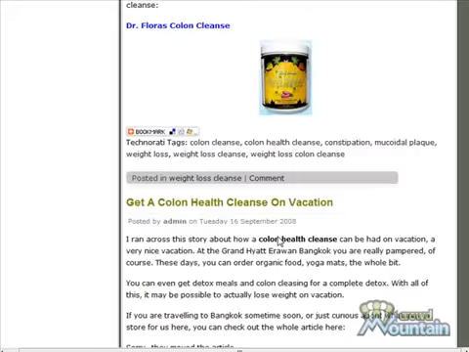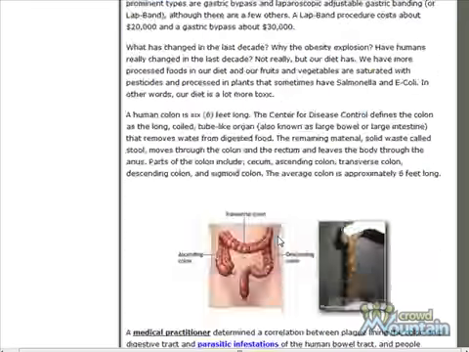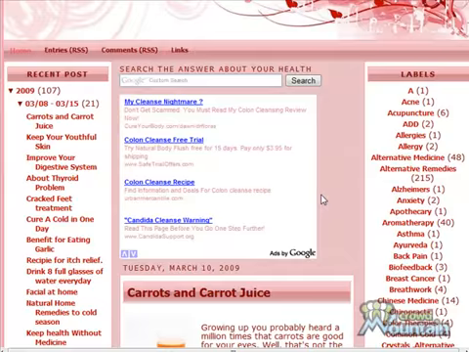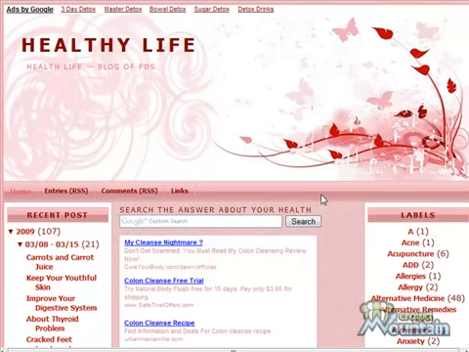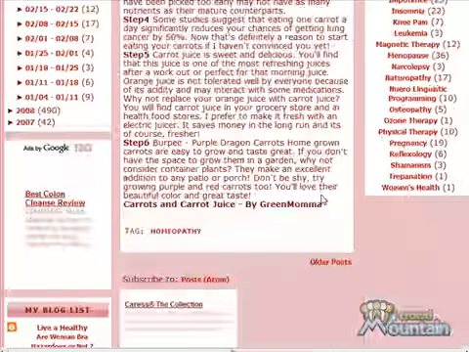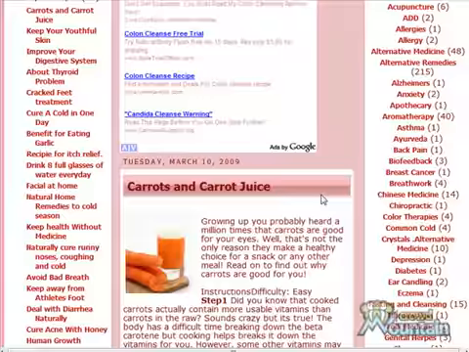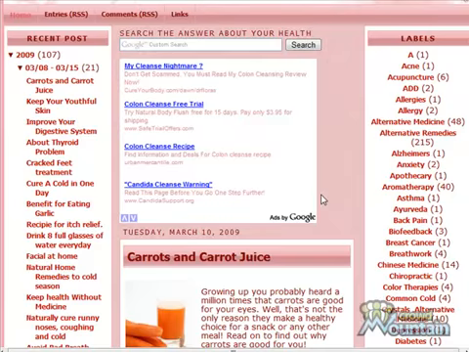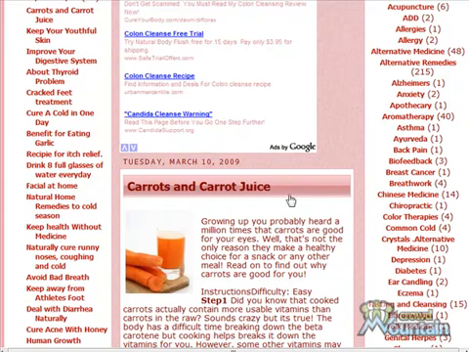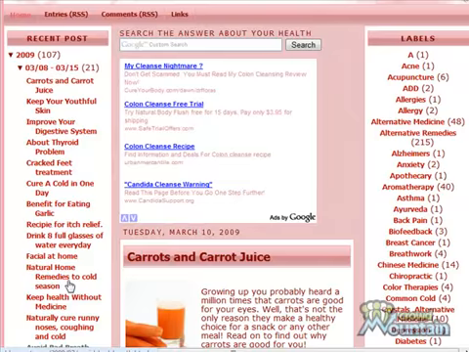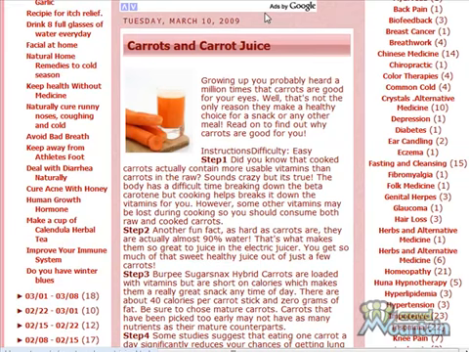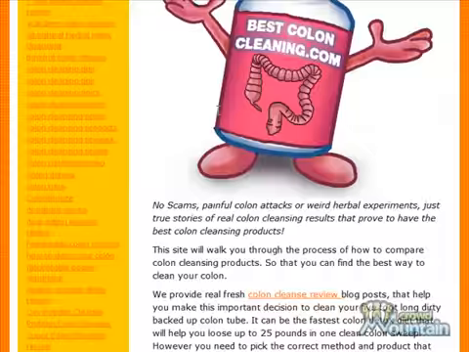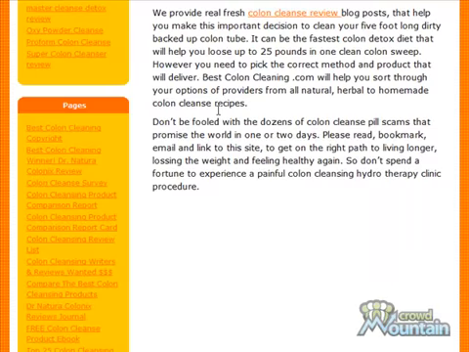Oh, cleansing colons, no, this isn't close enough to my niche, so I'm not interested. Healthy life, carrots and carrot juice, that's about juice, but there's only one post here on the main page. And I'm looking at the sidebar for the other categories and posts, and they're about a bunch of different topics, so that's no good. And, you know, depending on your niche, you may or may not find blogs that are